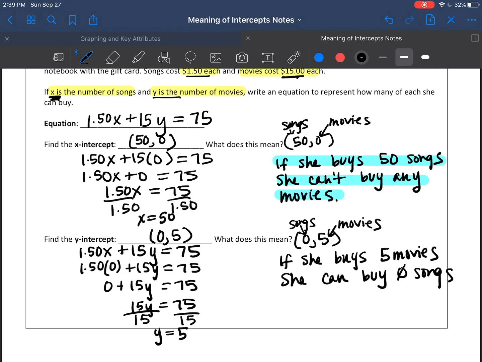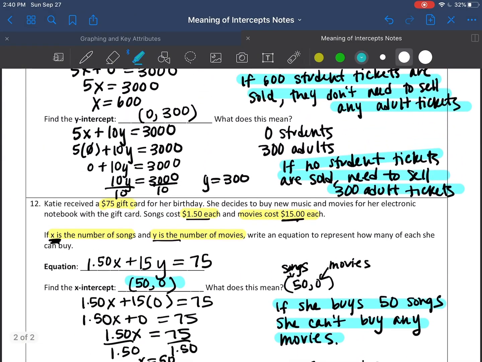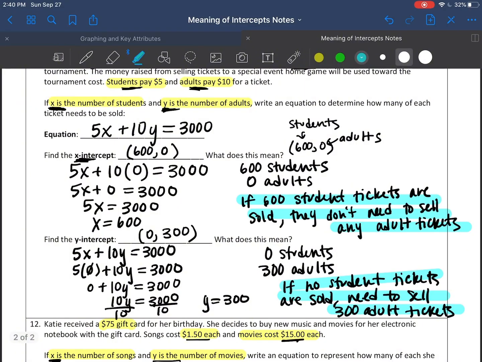Or if you want to make it a little more positive, if she doesn't buy any songs, she can buy 5 movies. As long as songs is 0 and movies is 5, you've got the right answer. And so 0, 5, and then if we interpret that, that's this sentence here. 50, 0, and if we interpret it, that's this sentence. So anytime you're trying to determine the meaning, whether it's slope or